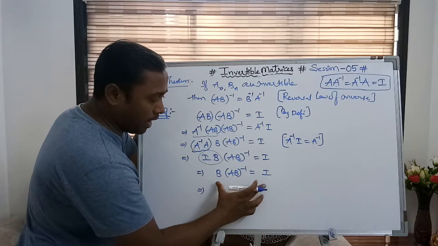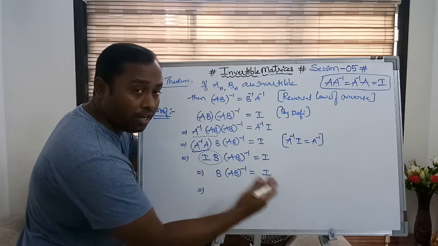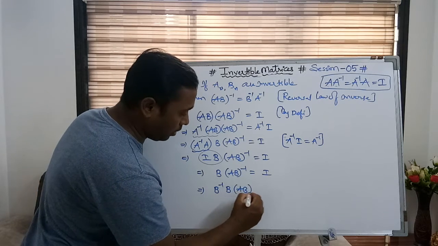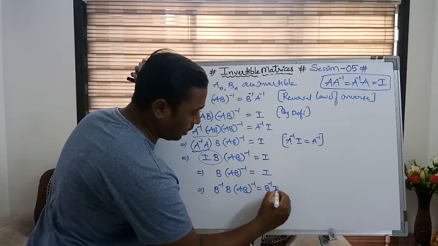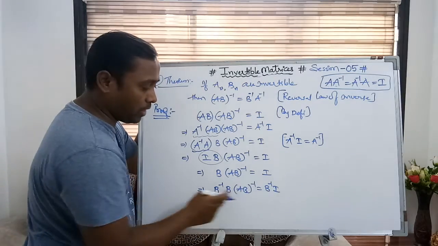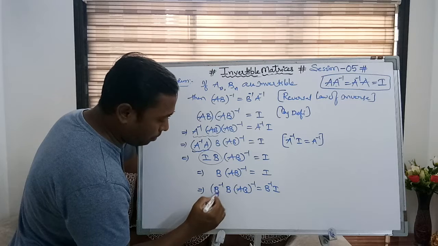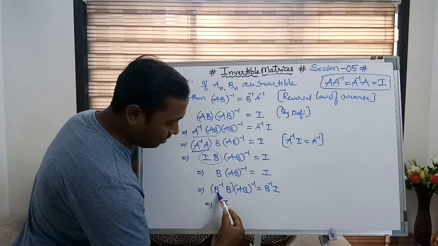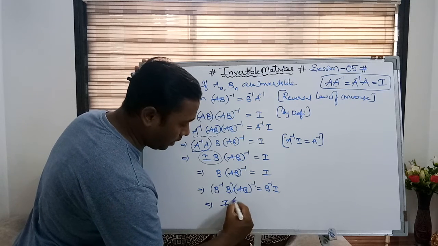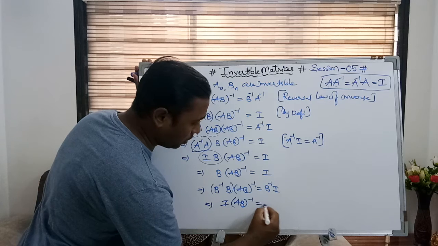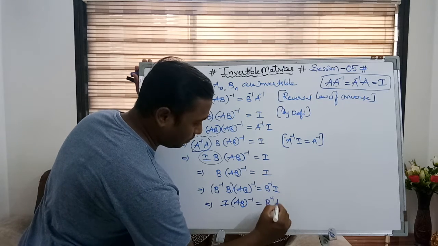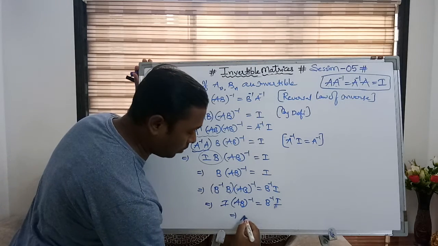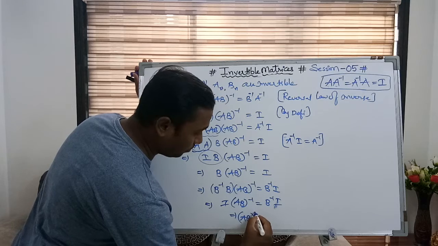Now I am multiplying again both the sides by B inverse. So if I do that, B inverse into B into AB whole inverse is equal to B inverse into A inverse. Again pre-multiplication means left hand side. So B inverse into B is reduced to I. A matrix multiplied by its inverse produces I. I into AB whole inverse, which is simply AB whole inverse. There is no change.